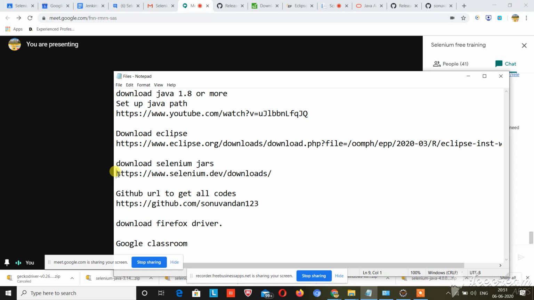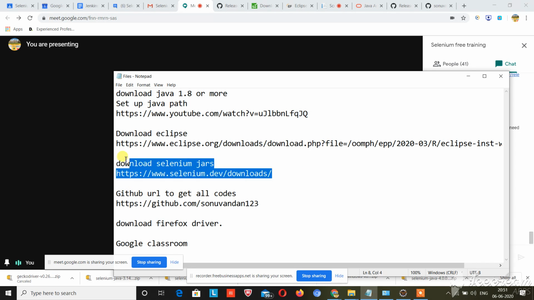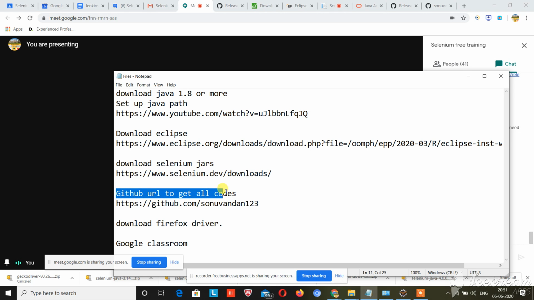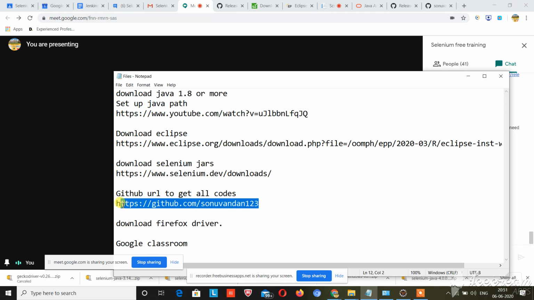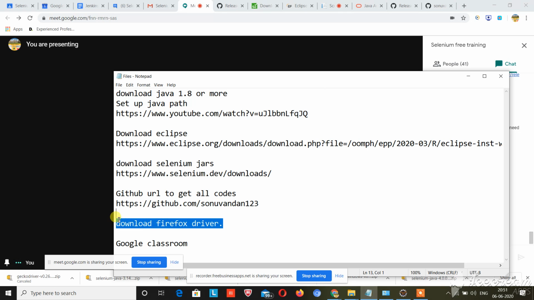I have downloaded the Selenium jars today. A lot of steps I have done today, and after that I have imported these Selenium jars into your Eclipse project, and I have shared the GitHub URL where you will be getting all the codes that I will be sharing from tomorrow. And you have downloaded the Firefox browser and driver as well.